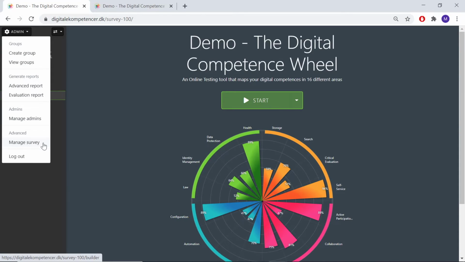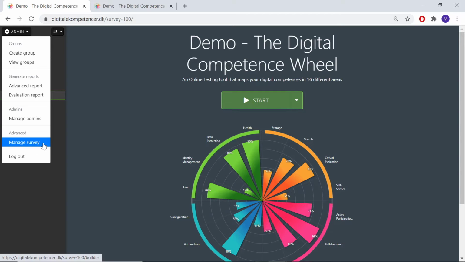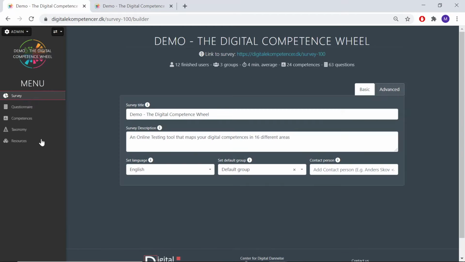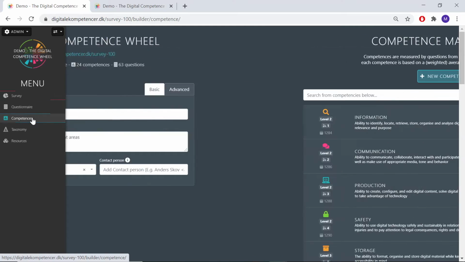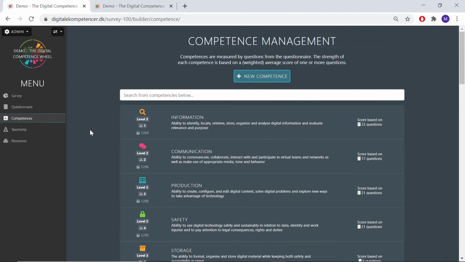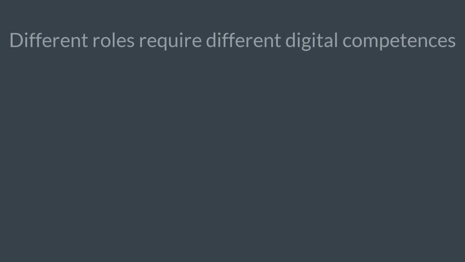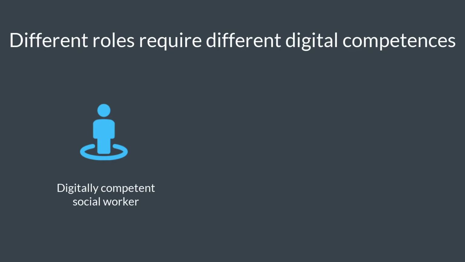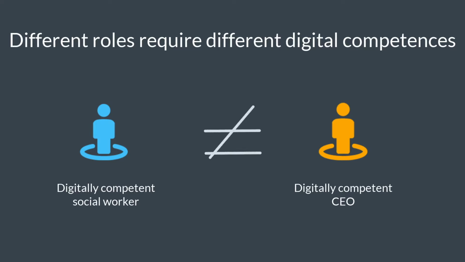In order to explain personas and why they might be useful, we go to the Competence Management page. When working with digital competences in an organization, it's important to consider that certain competences can be more or less important depending on the role a person holds. For example, it makes sense that being a digitally competent social worker is completely different from being a digitally competent CEO. However, it can be hard to explain exactly where that difference lies, and this is where personas come into